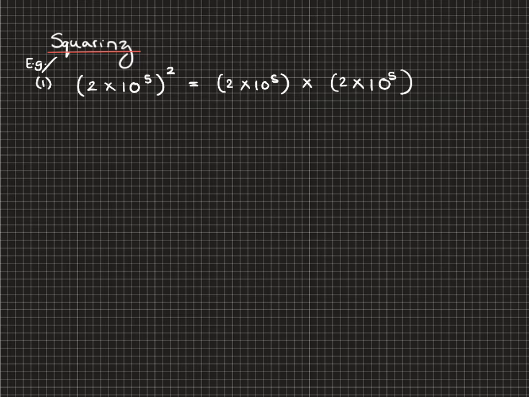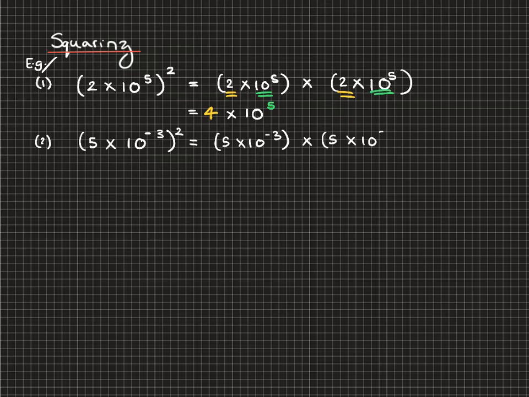So all I then need to do is apply the rules that I've just looked at for multiplication. 2 multiplied by 2, of course, gives me 4 as a starting point. And then 10 to the power 5 multiplied by 10 to the power 5 gives me 10 to the power of 10. Job done. Now, what happens if we end up with one of the trickier calculations, so example number 2, what happens if we end up with, let's say, 5 times 10 to the -3 all squared? Again, I advise writing it out as a multiplication,